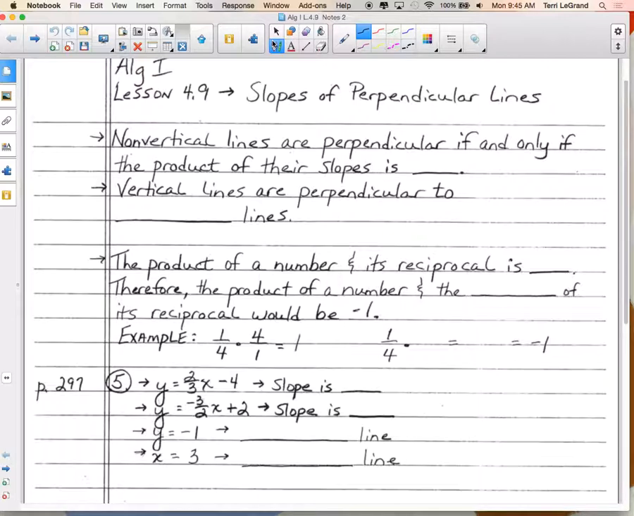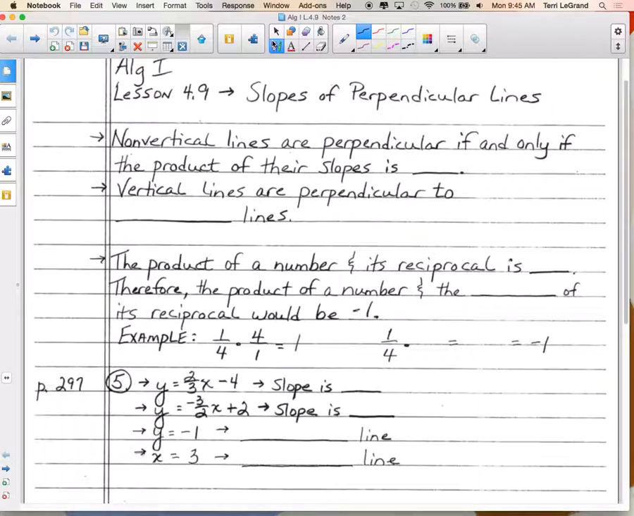Okay, so what if they do have the same slope and the same y-intercept? It's the same line. They're both starting at the same place. They're both rising and running at the same rate. So they have to end up being the same line, don't they? Okay, here's where, once I introduce the other part of lesson 4.9, perpendicular lines, you have to keep parallelism separate